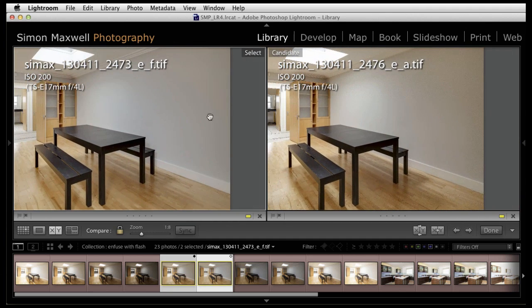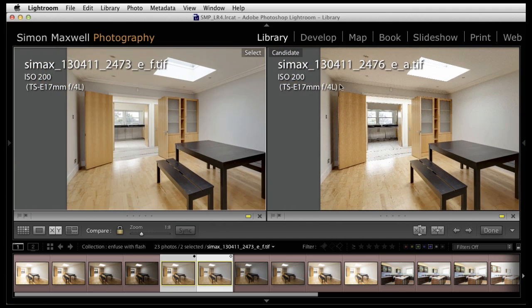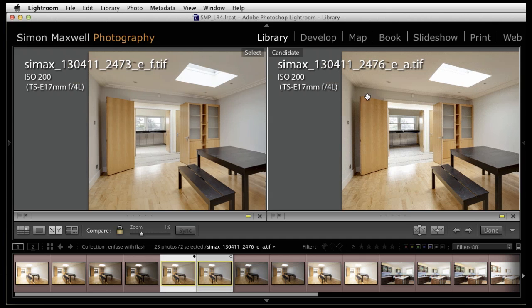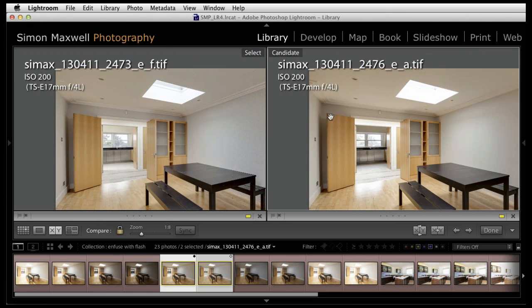I think the rendition on the wall is nicer. I also think this area, if you notice the shadow areas above these cabinets, quite harsh in the ambient shot. With a flash shot, nice and gentle fill that's gone on there. Really, really helpful. Again, you could come in and make a local adjustment on this shot, brush carefully around this,